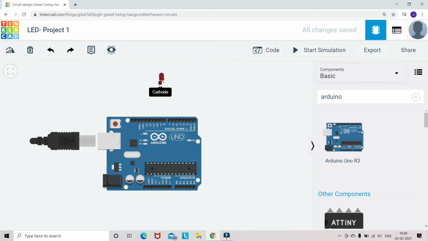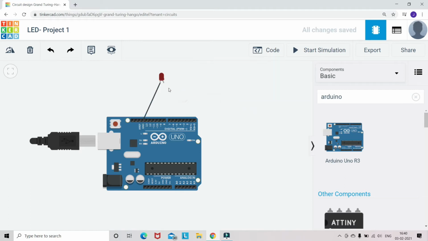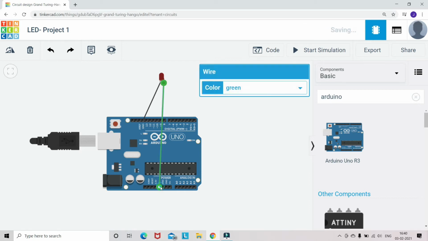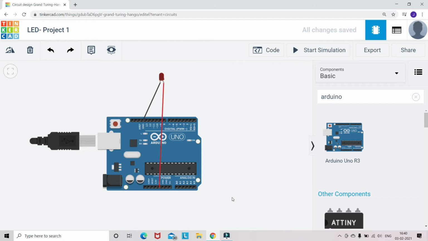So I'm going to make the design. You can hover your mouse near the terminals of the LED, and it's written cathode and anode. So the cathode I am connecting to ground, and the anode I want to connect to 5 volt, that's VCC. It's very clearly written. You can just check with your mouse. Usually most of the components here are comfortable with 5 volt. So I just connected this to 5 volt. So the LED anode is connected to 5 volt and the cathode is connected to ground.